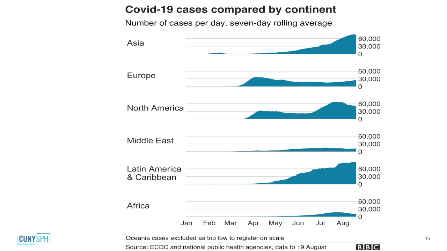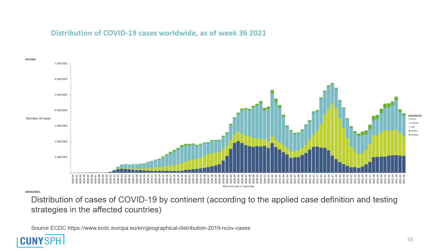This is the same time frame, and we can see different dynamics, what was going on in the world. These are number of cases per day, and as I said, the number of cases per day is really useful to looking how fast something is being spread. But when you want to compare the prevalence or the amount of disease that you are having in your population, maybe a ratio is better. And this is also distribution of number of cases by continent. Again, not all continents have the same population. Not all continents have the same